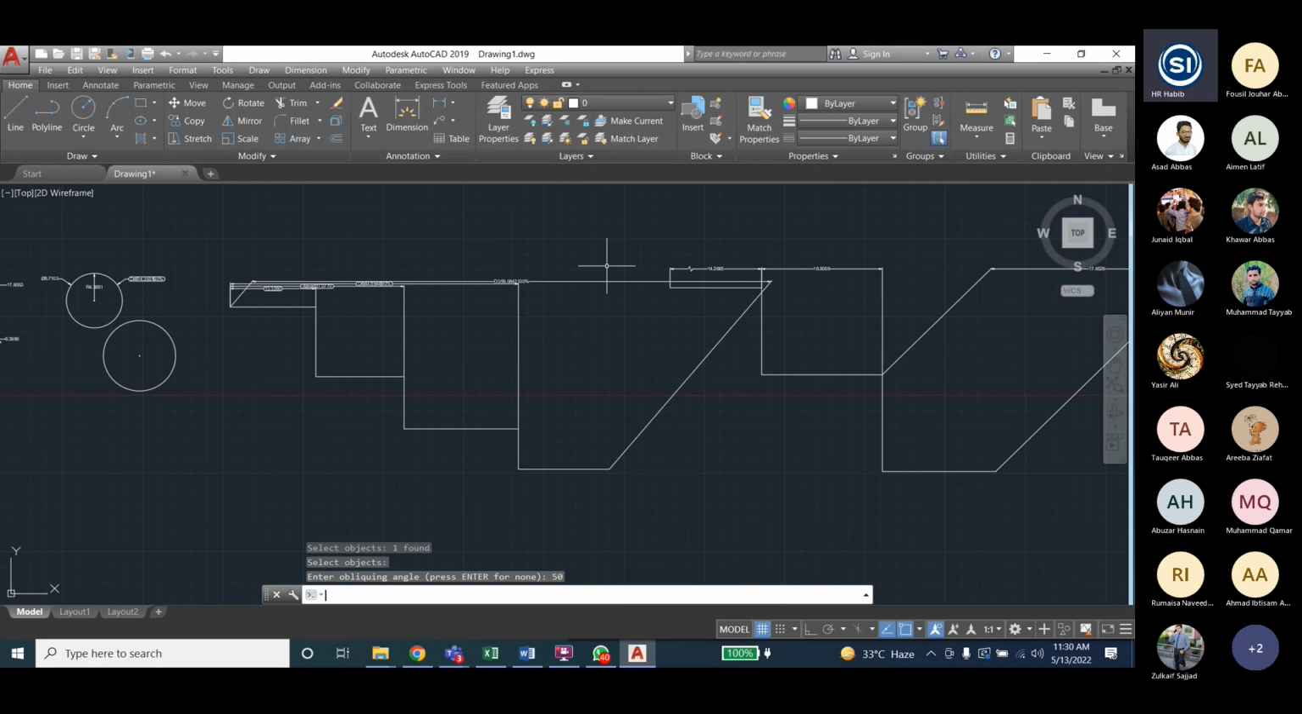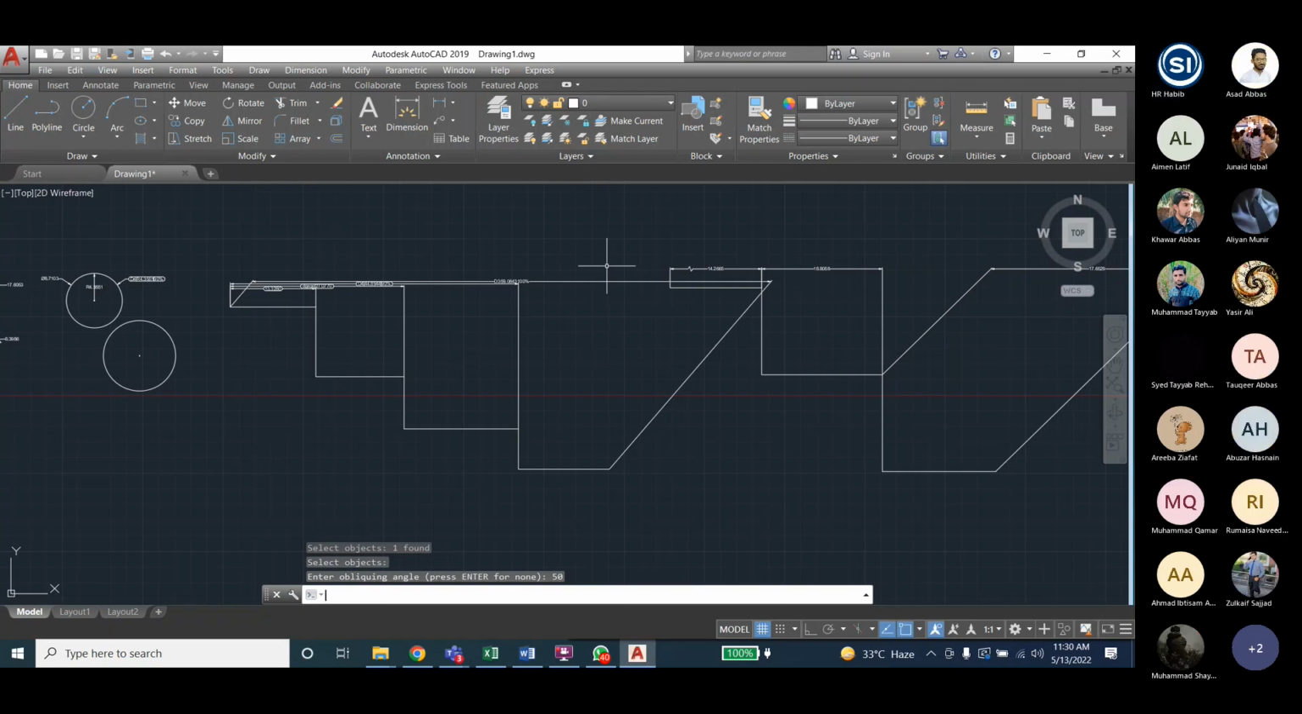Just click this one, press enter. Now clicking angle 45 degree. Press enter. It's done. Okay. Now the next one. Next one is